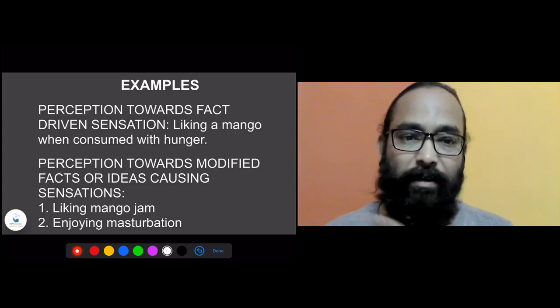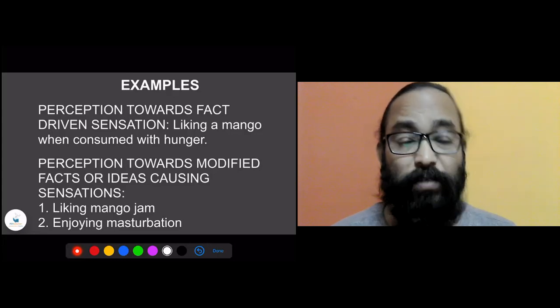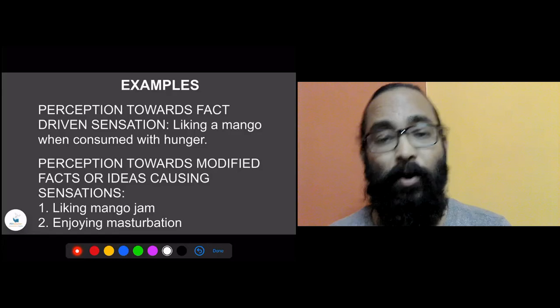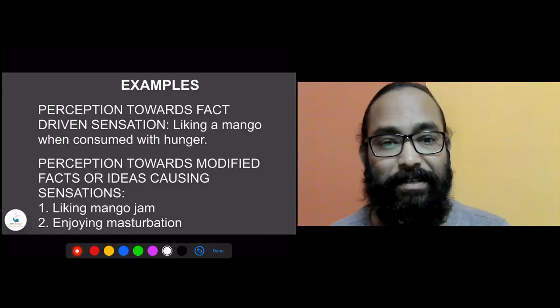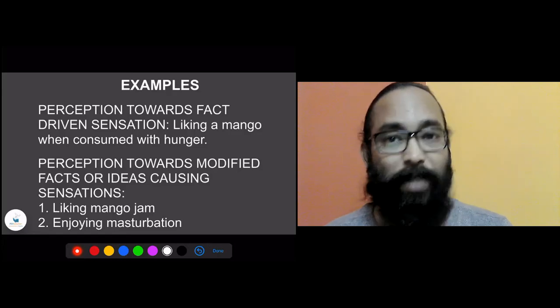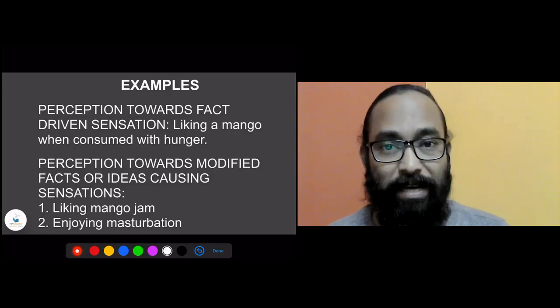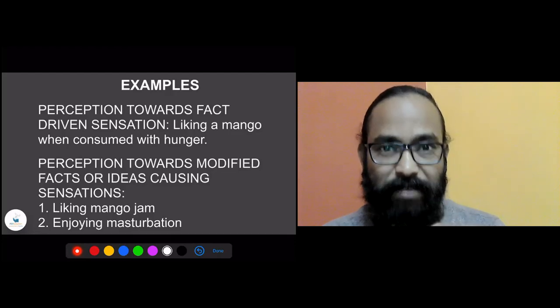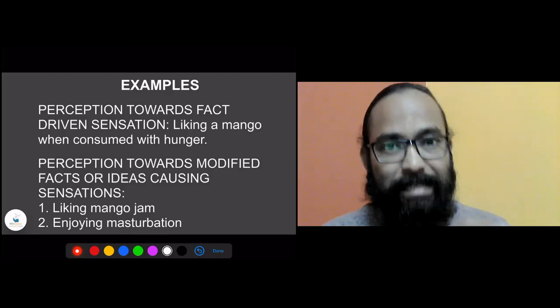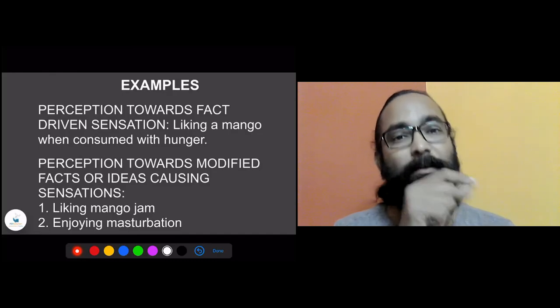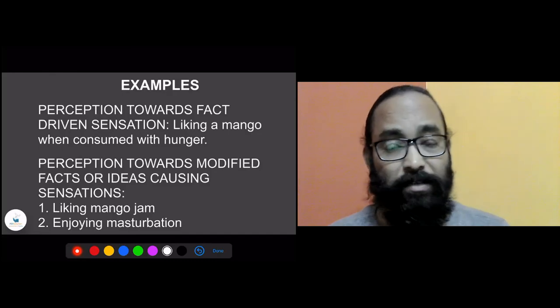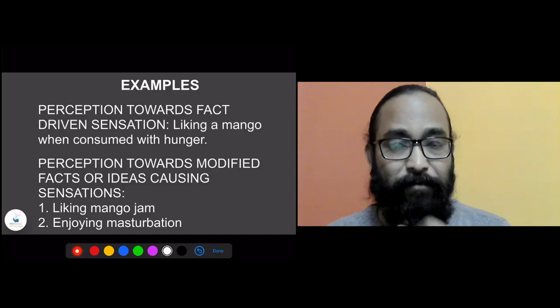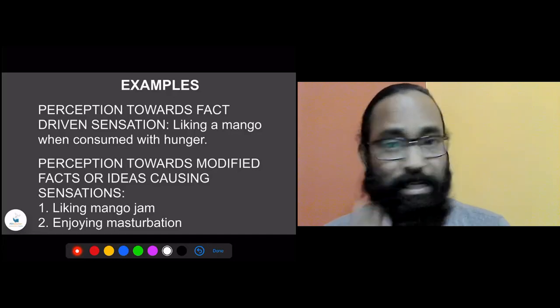It has got a start and end. Perception towards modified facts or ideas causing sensation, like liking mango jam, is an attraction towards the mango jam. When we perceive that and identify that this is my liking. Similar goes with masturbation, enjoying the masturbation. That means you are identifying that act as enjoyment